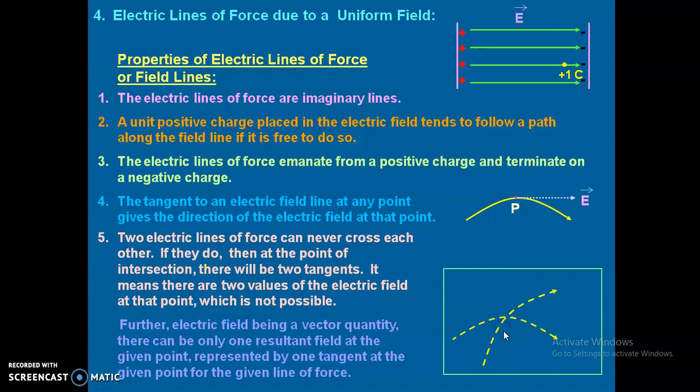Let us observe with the figure. If two electric field lines intersect each other, then at this point there will be two directions of movement of the test charge, and it is not possible that a test charge moves in two directions at one point. So it's a complete contradiction. That's why it is not possible. At one point, only one direction is possible. Therefore it's an impossible condition, right?